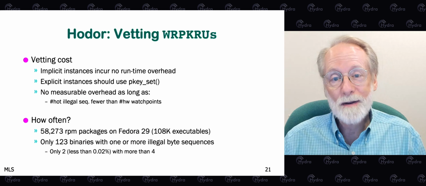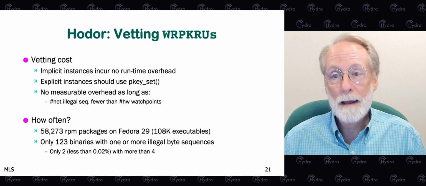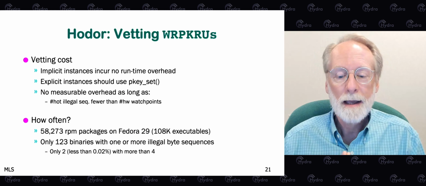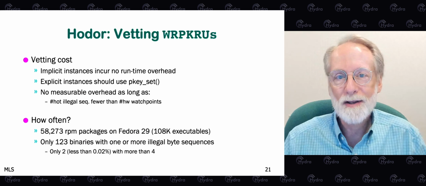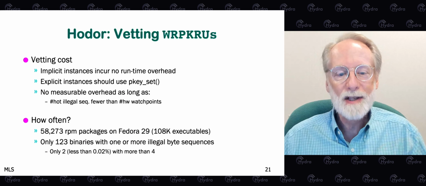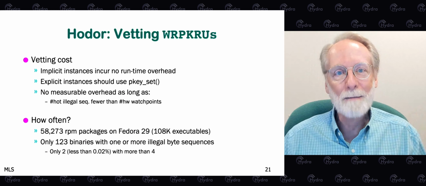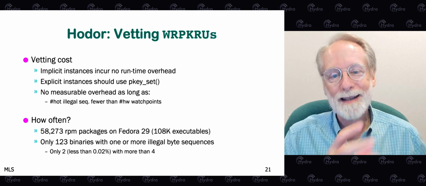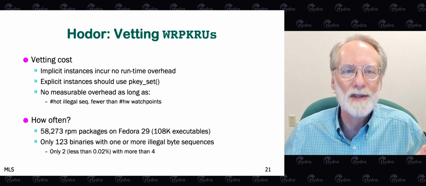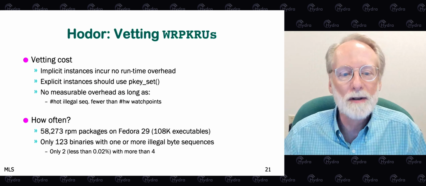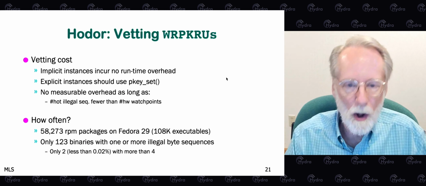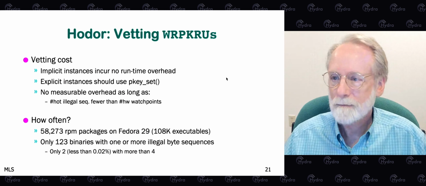So we figure the cost of this, the need for the page fault mechanism, is very, very close to zero, particularly given that if you knew you had Hodor on your system, you would modify your compiler never to issue the misaligned LEA add combination that produces an apparent WRPKRU. It's easy to change the compiler so that it just never produces that sequence, and that would almost certainly get rid of the need for any use of the page fault workaround.